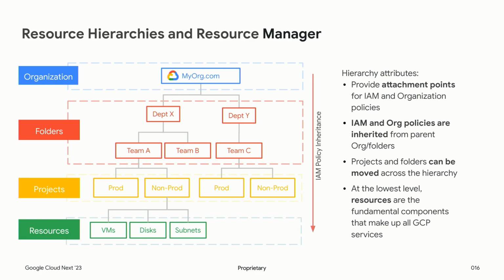Now, this resource hierarchy is your auditor's best friend. It's a way for you to create trust boundaries around your identities, right, that help you create trust boundaries around your resources. So this is going to be a very good self-documenting way to secure your infrastructure and to demonstrate that you've secured your infrastructure. Think about PCI, for example, where you can create a cardholder data environment versus your non-cardholder data environment.